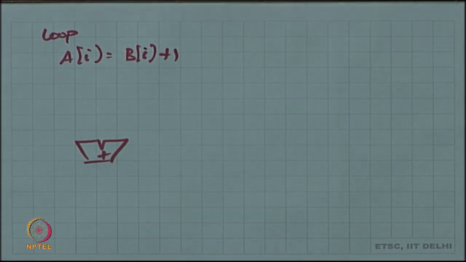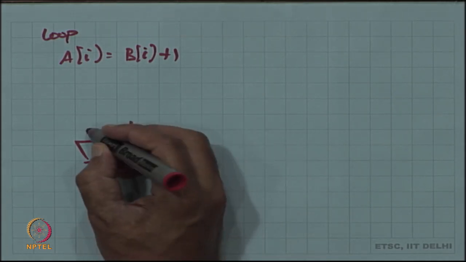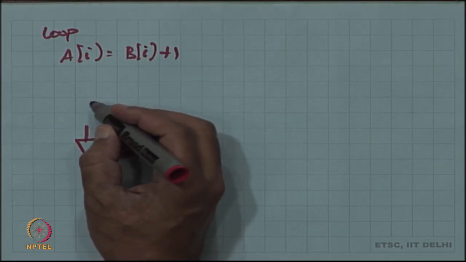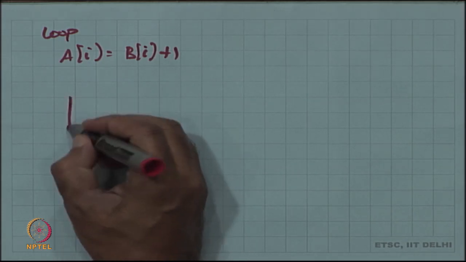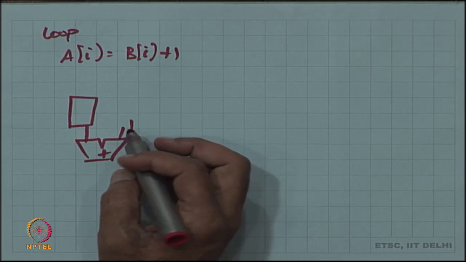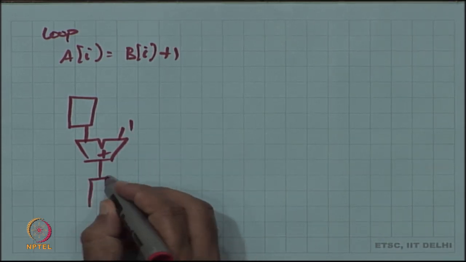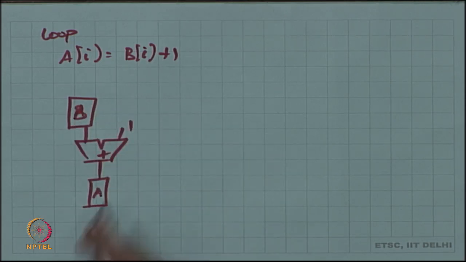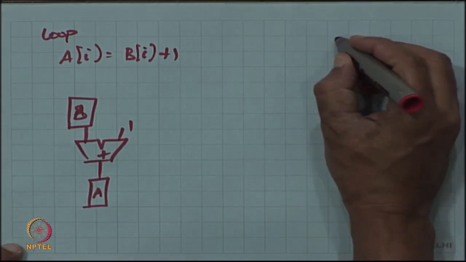Let us have an adder, you need only one adder for this, just the loop body is being represented and scheduled. I have 1 here and this comes from B I, so it is actually a memory, and this is also going into a memory. So, these are different memories. And the I's are appropriately provided, but the data path part of it looks like this. In the unrolled loop,